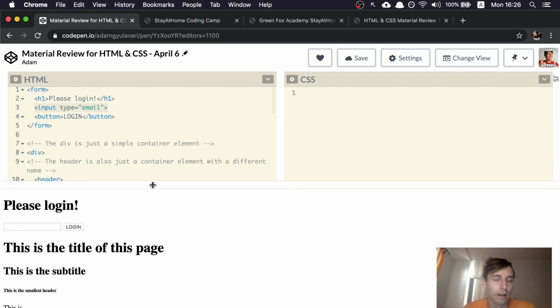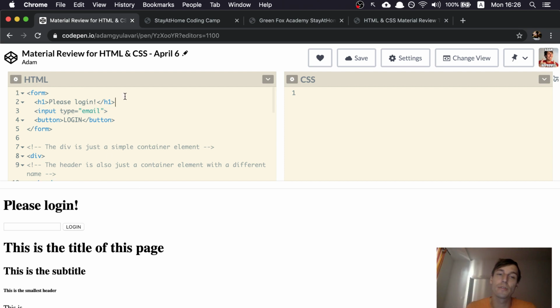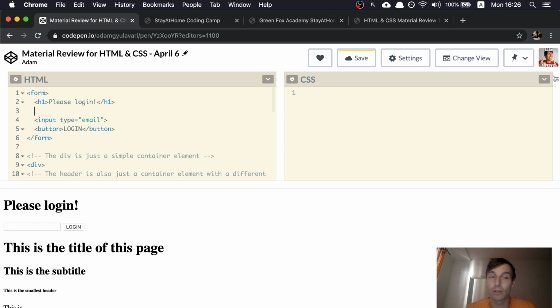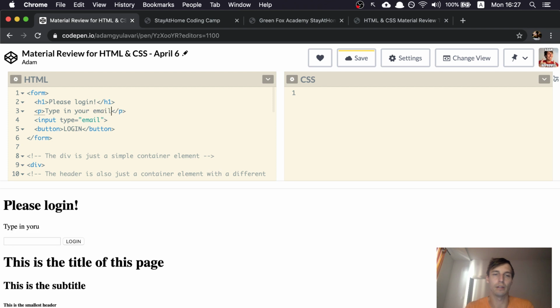So basically we need to provide some information of what the user should type in. You can use the label tag for that, or any other tag actually. For example, a paragraph, and type in your email address. So you can have a paragraph to make it understandable, so the user knows what to do with this